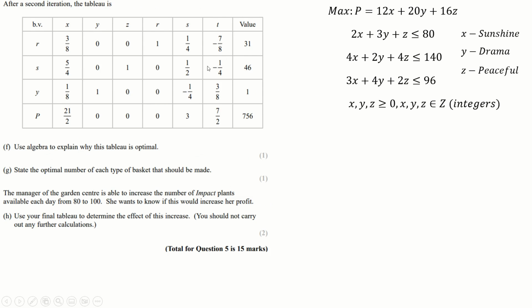Okay, and then it does that. It gets you another iteration done here. Use algebra to explain why this is optimal. So it's optimal because all of these are positive, but that's not really using algebra. So when you write this out,